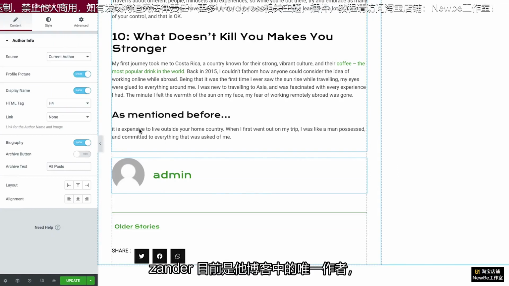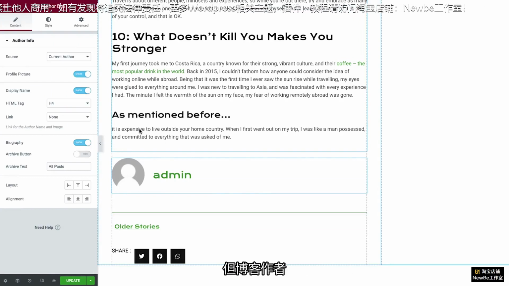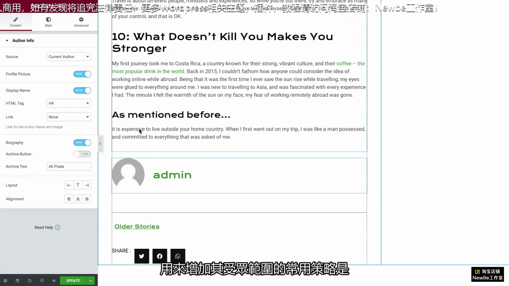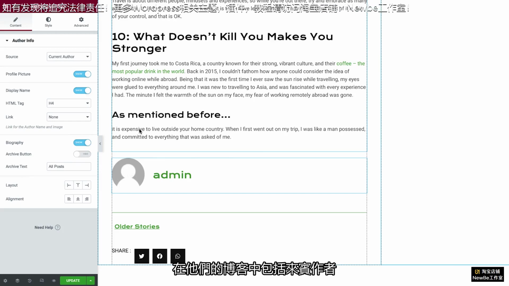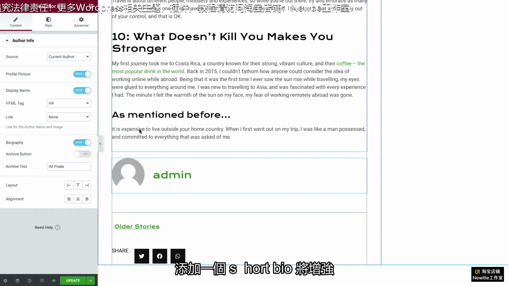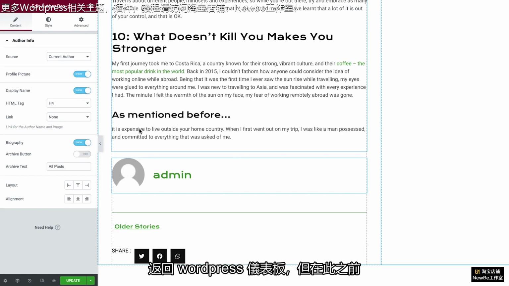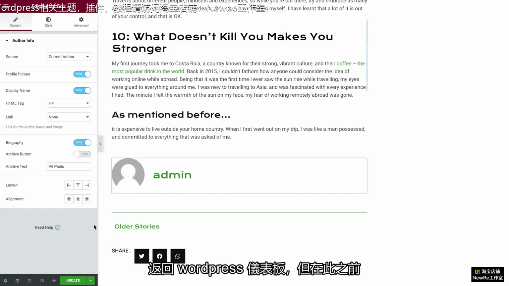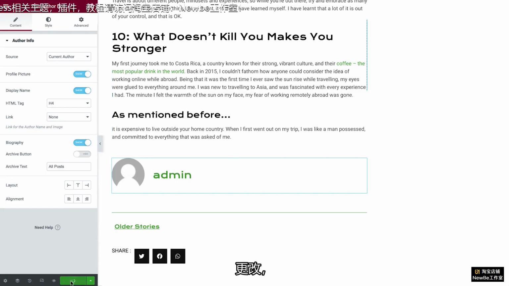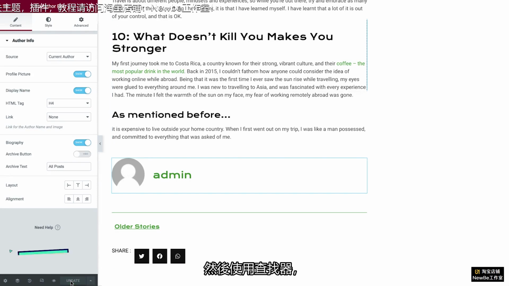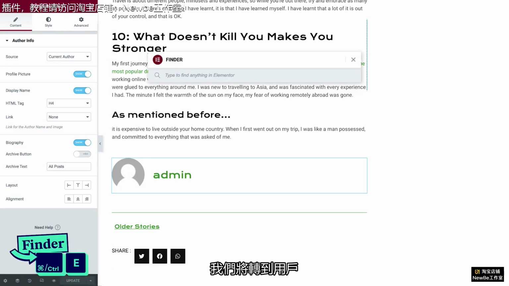Xander is currently the only author in his blog, but a common strategy bloggers use to increase their audience reach is to include guest authors on their blogs. Adding a short bio will strengthen the author's credibility. To edit this information, we'll go back to the WordPress dashboard, but before we do, we'll click Update to save all changes. Then, using the Finder, we'll go to Users